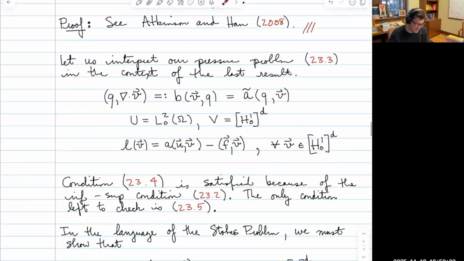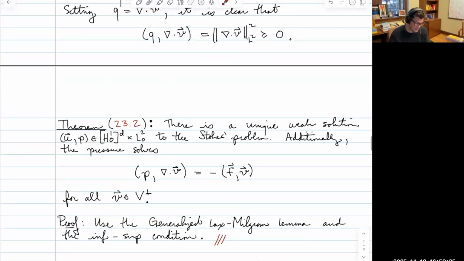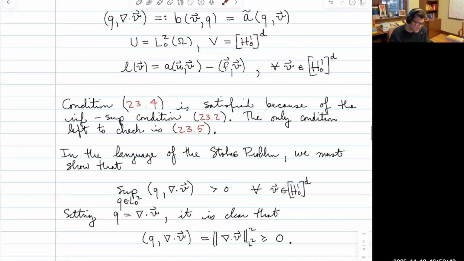And therefore I claim that that allows us to put those two pieces of information together to show that we have a unique solution to the Stokes problem. Additionally, the pressure solves this equation. This one's actually kind of easy because once we know that p solves the equation,